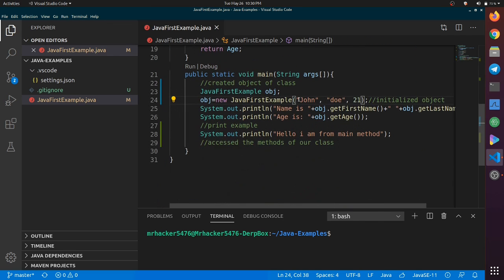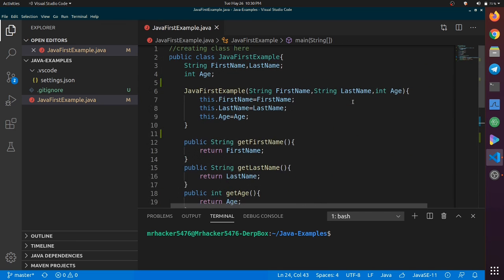So it will call the constructor we have created, and after passing the values it will assign those values to our class variables first name, last name, and integer age.